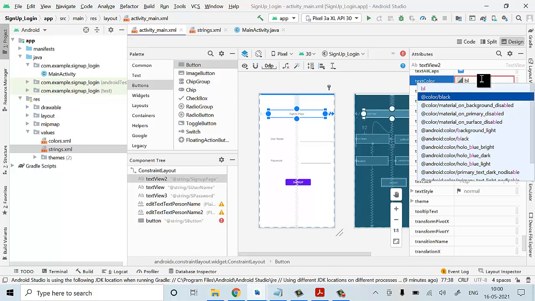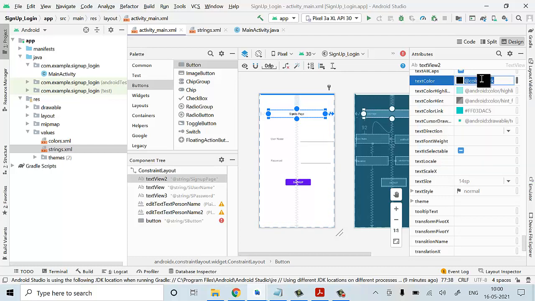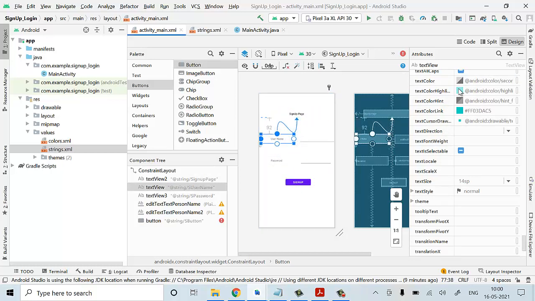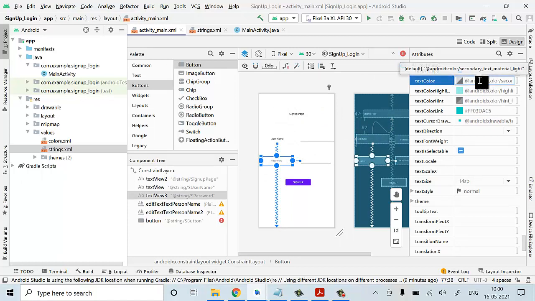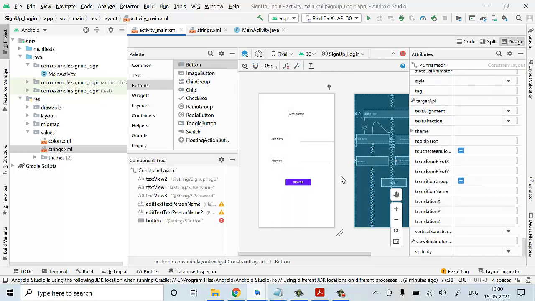So now it will be visible in the black color. Same thing for your username. I'll give it as black. It will get a black color. So now you can check it out. It will be visible in the black color. Now it is done. I have done with your username and password of your sign up page.